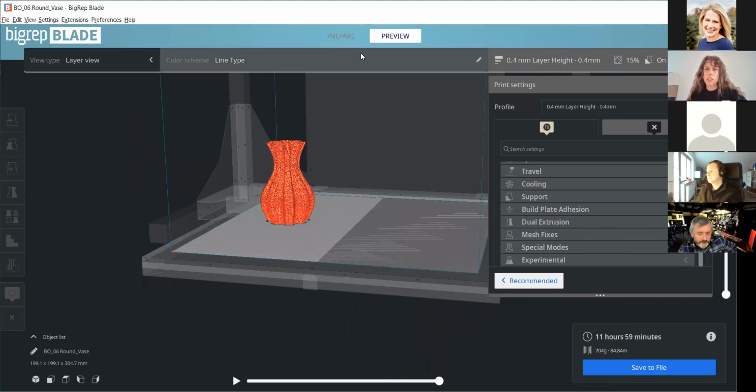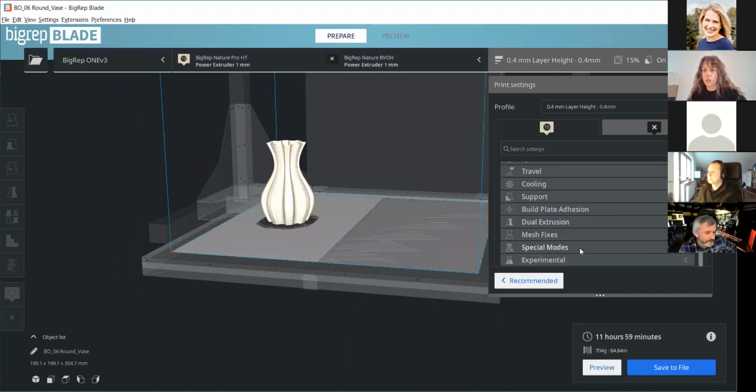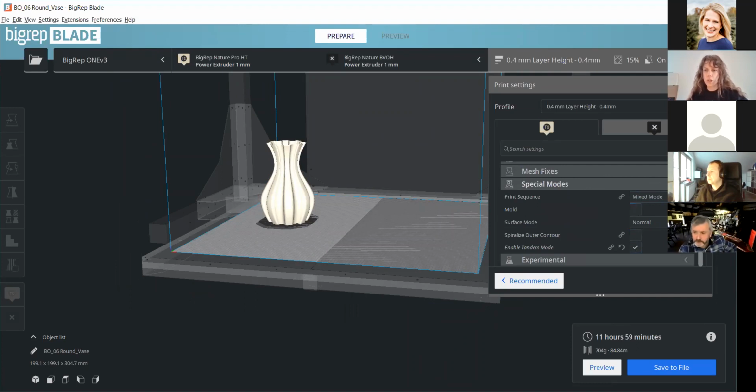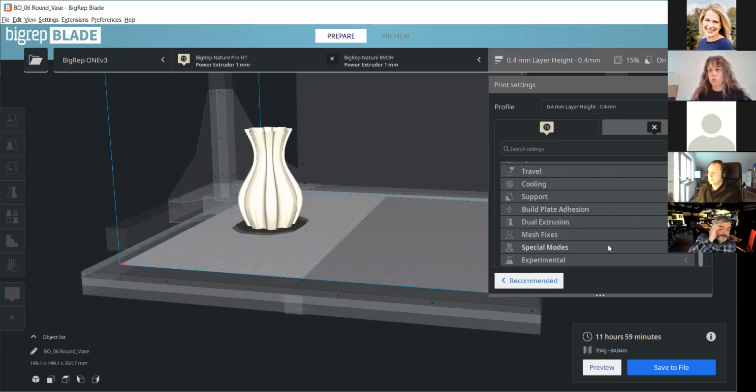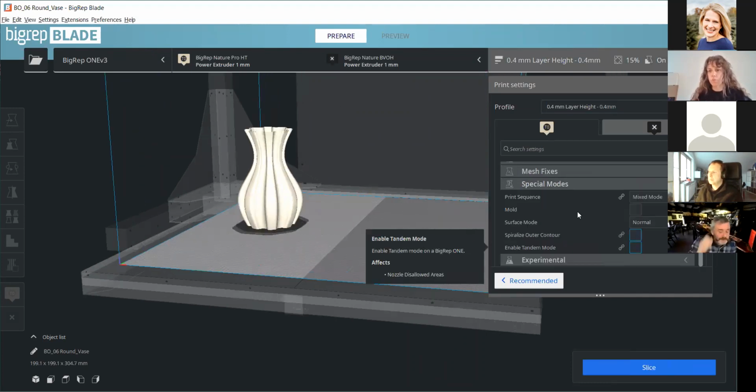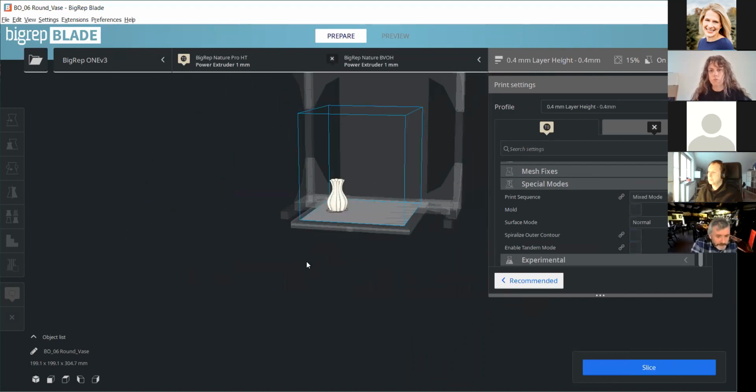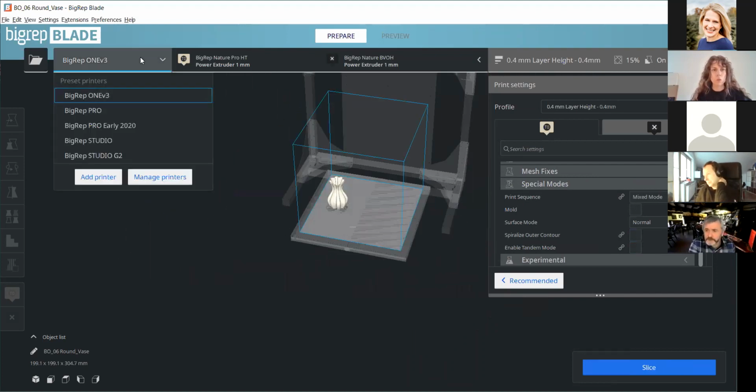So I think that's it in terms of special modes over here. Like I said, the mold one I'm not really familiar with, but if molds are something that you're practicing and doing, please reach out and we will get you the info that you need. So I'm going to disable tandem mode. I'll switch over